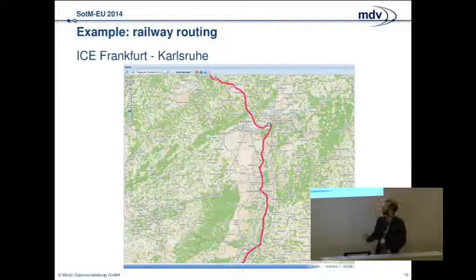This is a screenshot from our journey planning system, and it shows the high-speed connection from Frankfurt to Karlsruhe. This is the routing we are doing based on OpenStreetMap data, and you see it really works. It's good. We are using it, and we are quite happy with it.